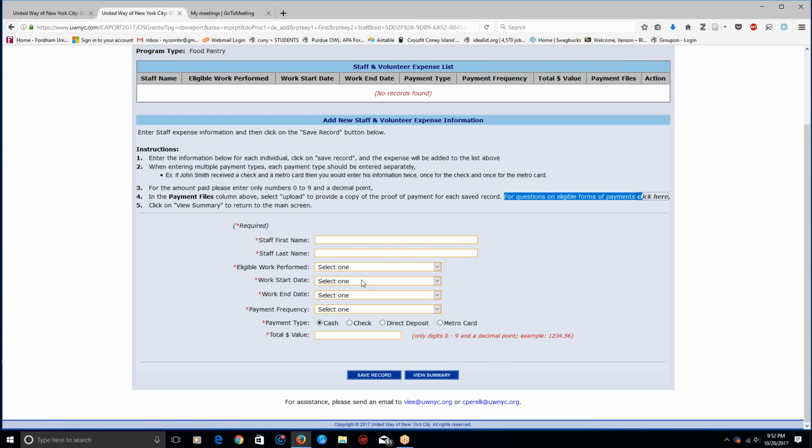Okay, we're back here. This is the expense form, and we're going to enter an expense together. Let's say I'm paying myself, and all of these are required fields. You'll see on the right side, there's a red asterisk here, which means you have to enter some information into each of these. And please note, these 5